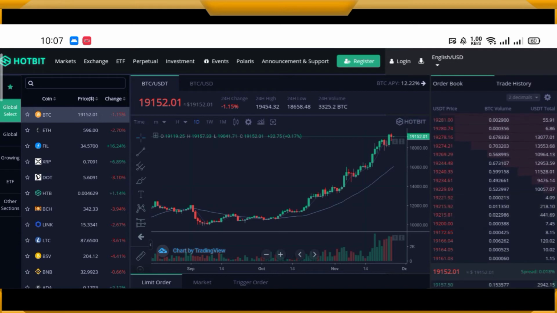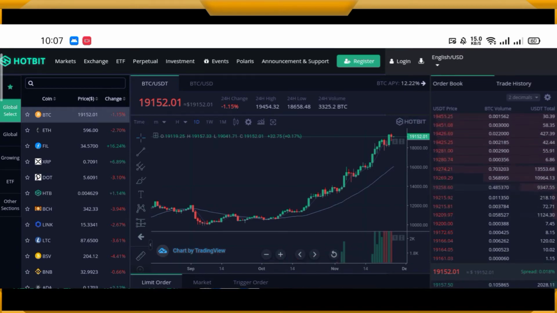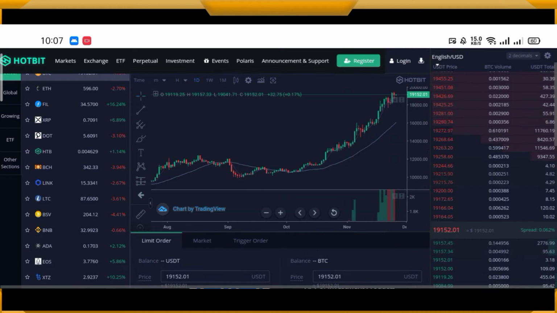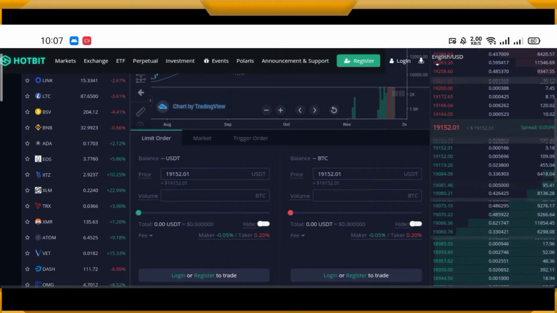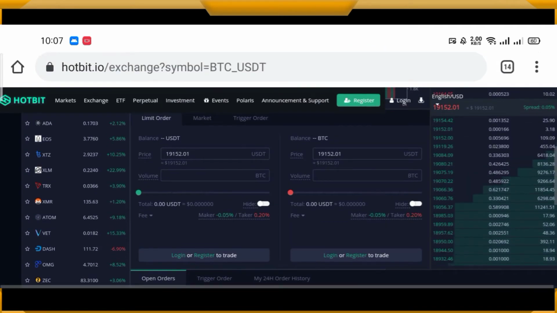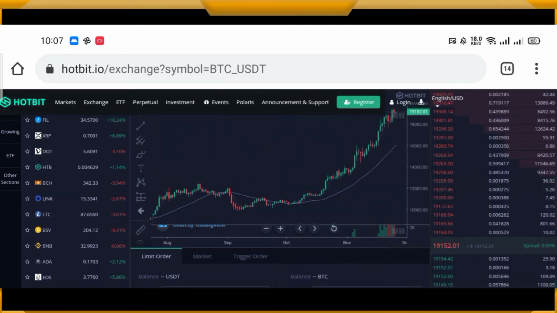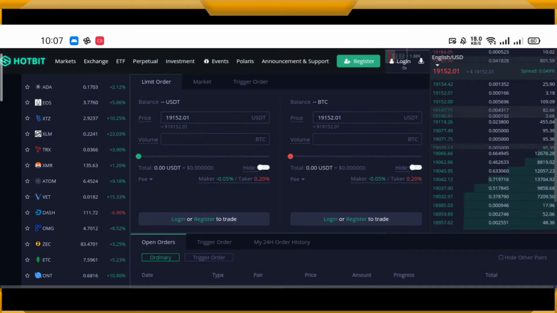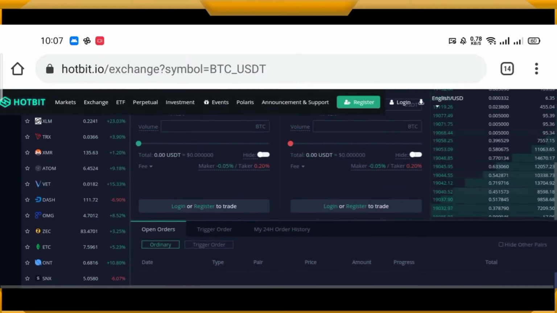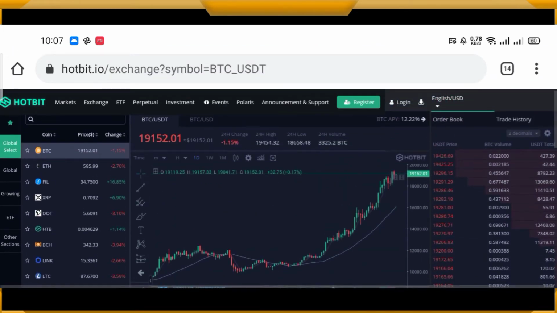At first we can go to the spot trading section. Here you will see a real time price graph of a coin, and here you can buy and sell your tokens at the market price. Here you are seeing a search bar, and it's very helpful to find trading pairs, and you can also make a favorite list with your favorite pairs. For this click on the star option, and to remove click that again.